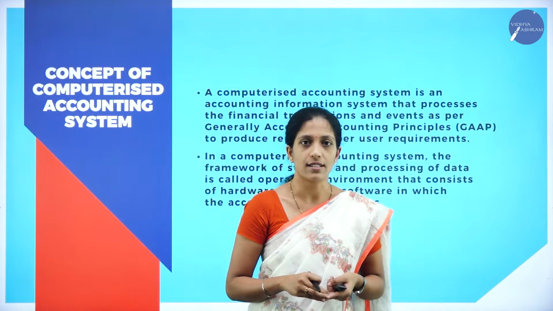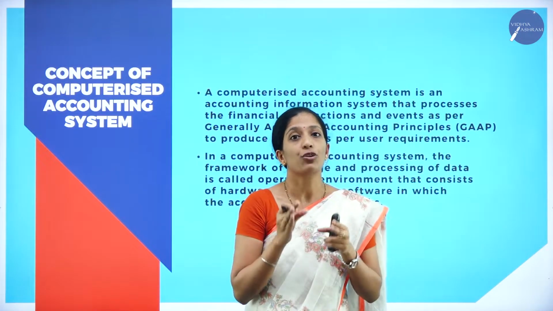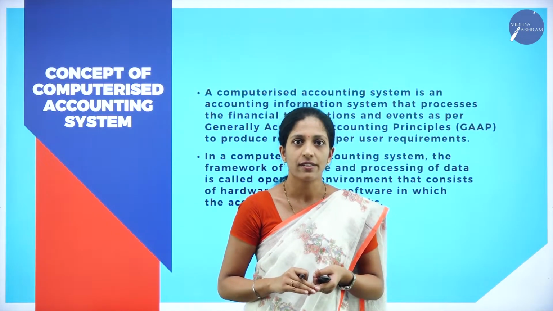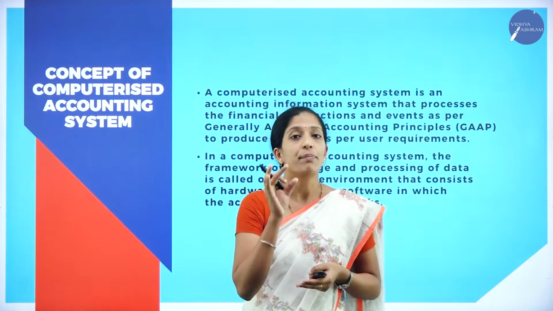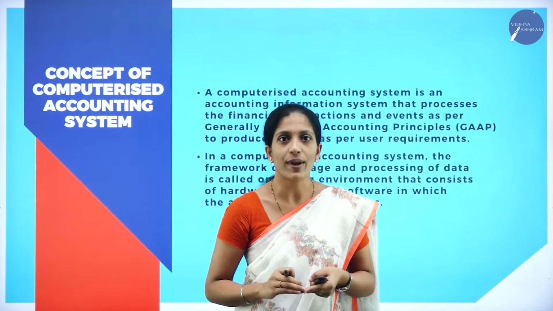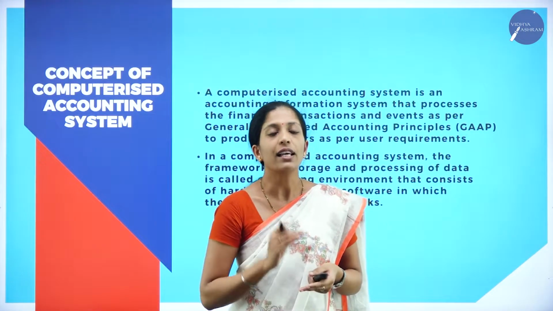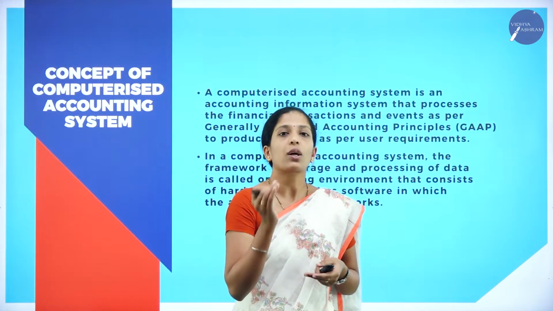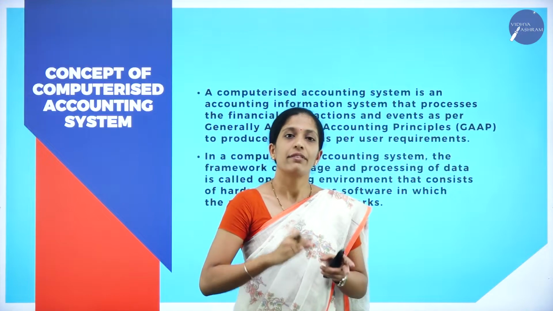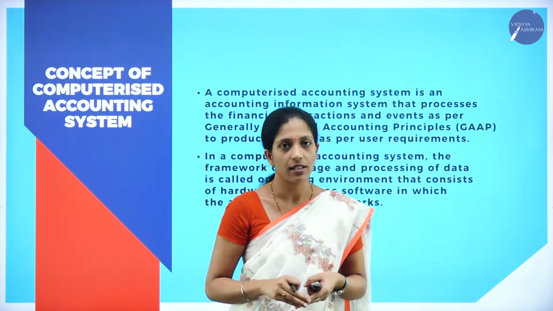Computerized accounting system. From this chapter, you can expect 2 marks, 1 mark as well as 6 marks questions. A small chapter, but you will get a 6 marks question. 100% you will get a 6 marks question as well as 2 and 1 mark questions. Let us quickly see what questions you can expect here. First we shall discuss all the concepts, then later we shall see the expected questions from this chapter.